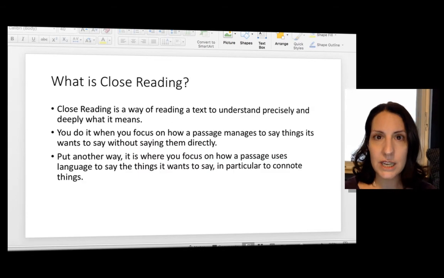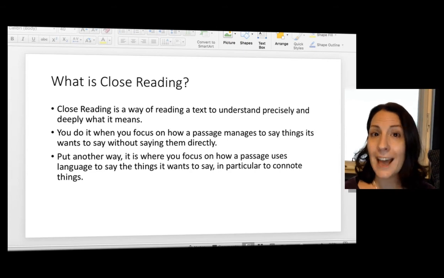So, close reading, then, which is the first of those three levers that I mentioned, is a way of reading the text to understand precisely and deeply what it means. That is, it is a form of literary analysis. But you do it when you focus on how a passage manages to say the things it wants to say without saying them directly. So, put another way, it's where you focus on how a passage uses language in order to say those things that it wants to say, in particular, the way in which it connotes certain things that it wants to